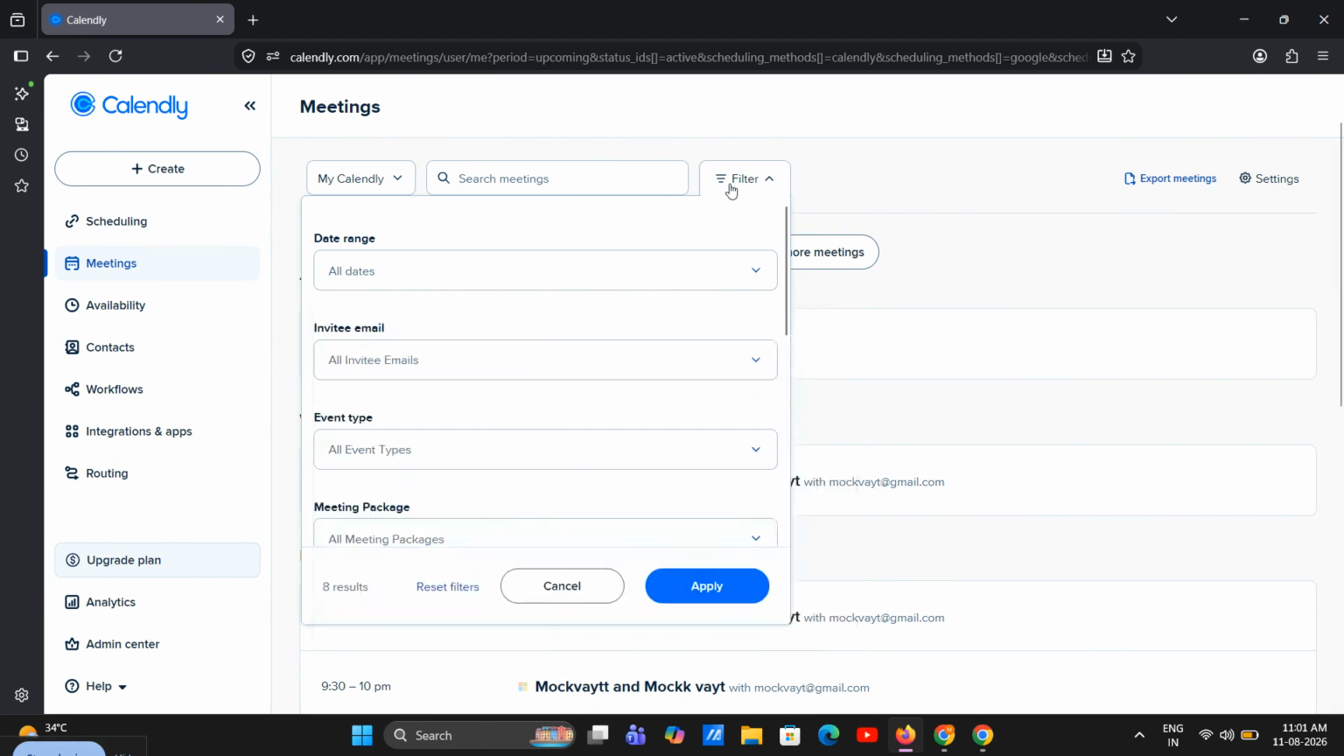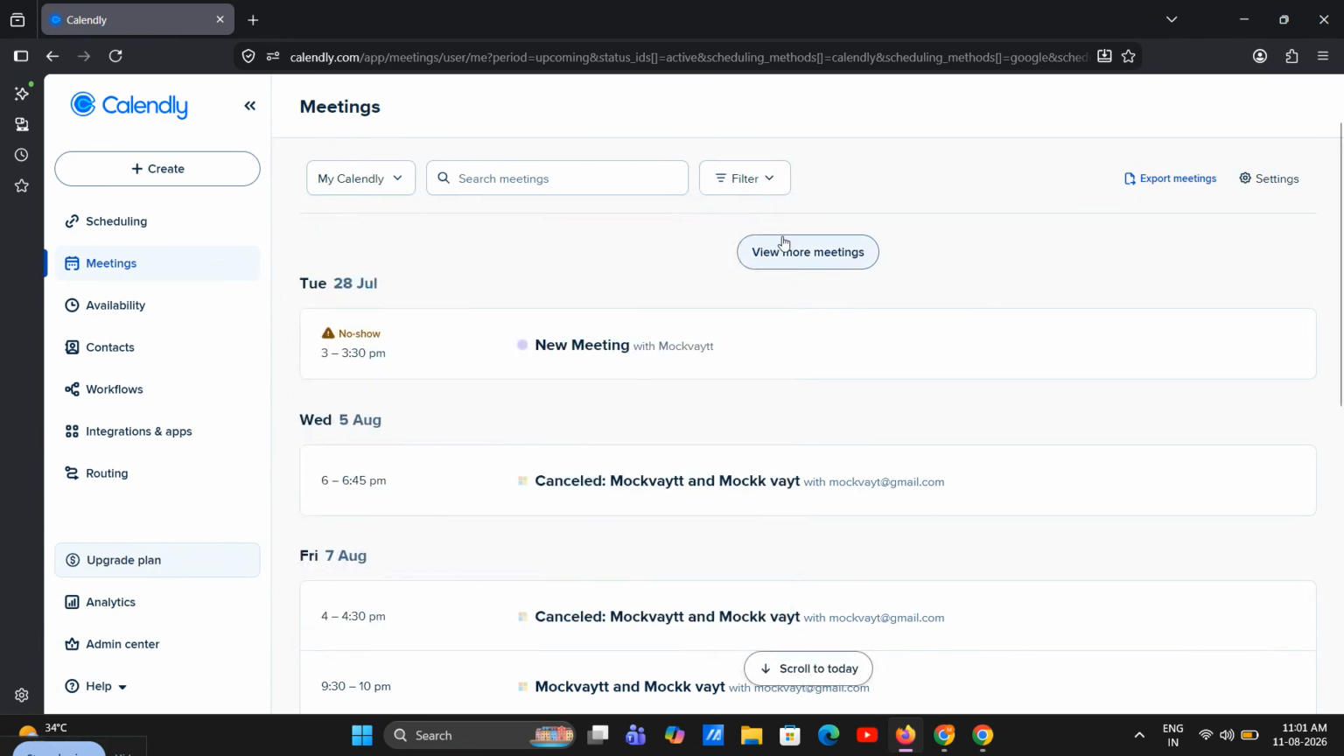Once you find the booking you want, click it to open the full record and review all the details carefully. That's really all there is to it. In just a few steps, you can view your Calendly bookings, check invitee information, and filter your meetings exactly the